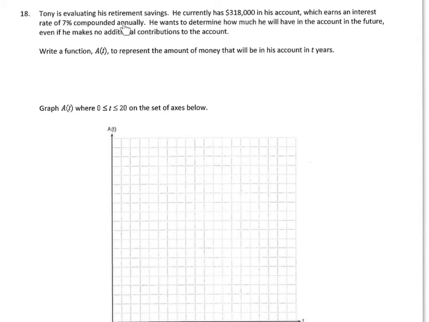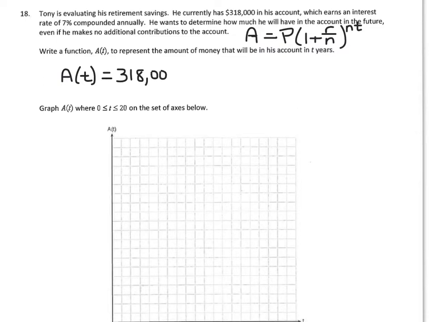Now, because we see compounded annually, remember, our compound interest formula looks like this. Instead of A, they want us to write A of t. So A of t equals, now in place of the P, that's going to be the initial amount, which is the $318,000. Then it says here, 1 plus the rate. The rate, 7%, if we move the decimal place back twice, we could write as 0.07, divided by n. The n is the number of times per year that it's being compounded. If it's being compounded annually, it's only being